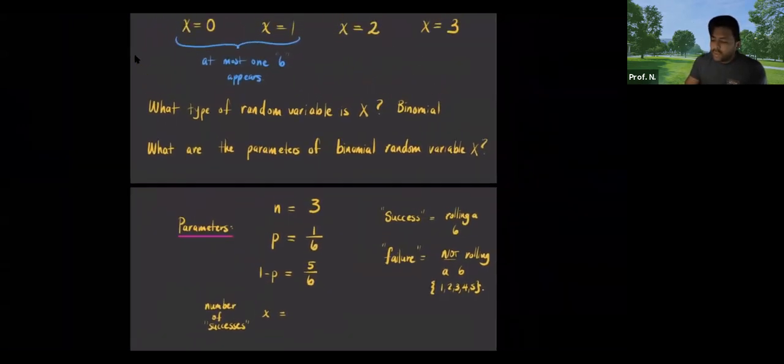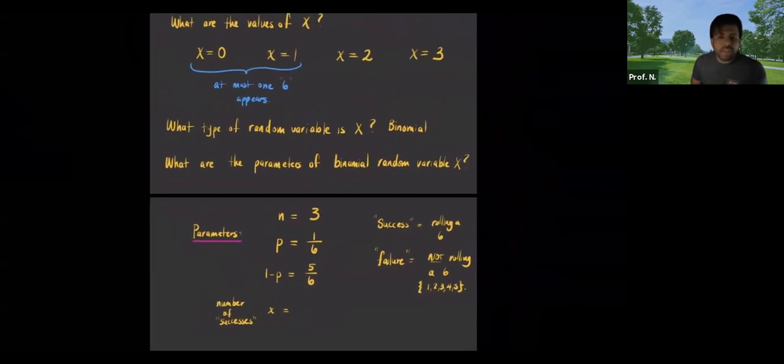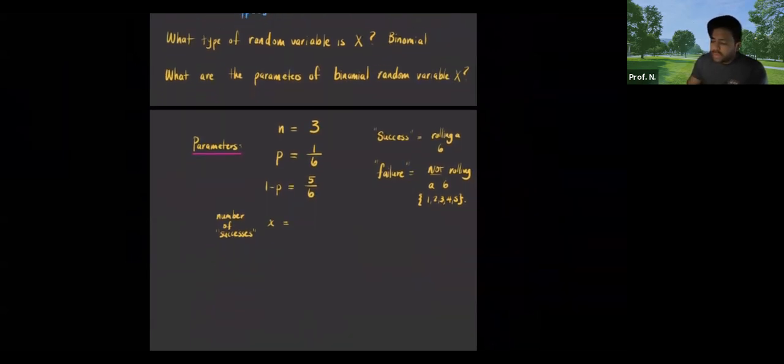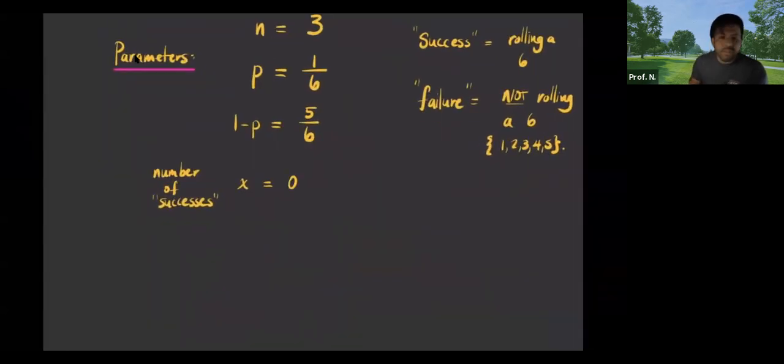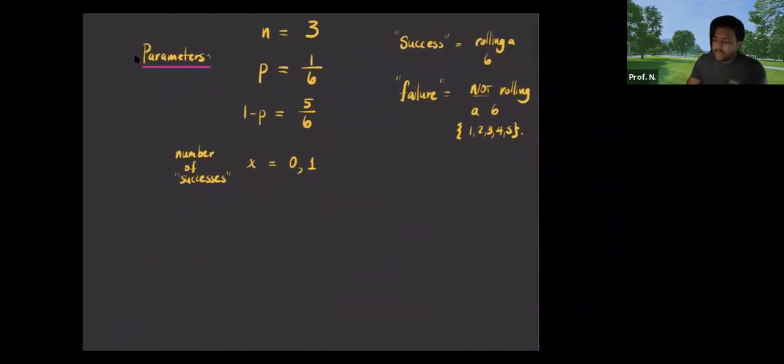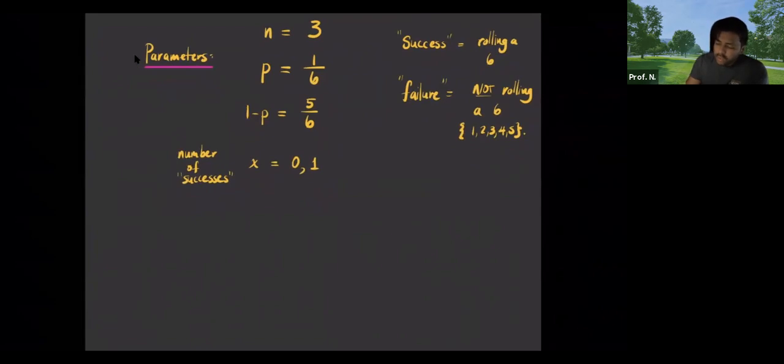It goes back to what we defined the values of x to be. So x could be 0 or it could be 1. So the number of successes that I'm considering is when you have 0 6s and when you have 1. So you can have multiple values of x, right? In this case, that's what I have. So the probability of having at most